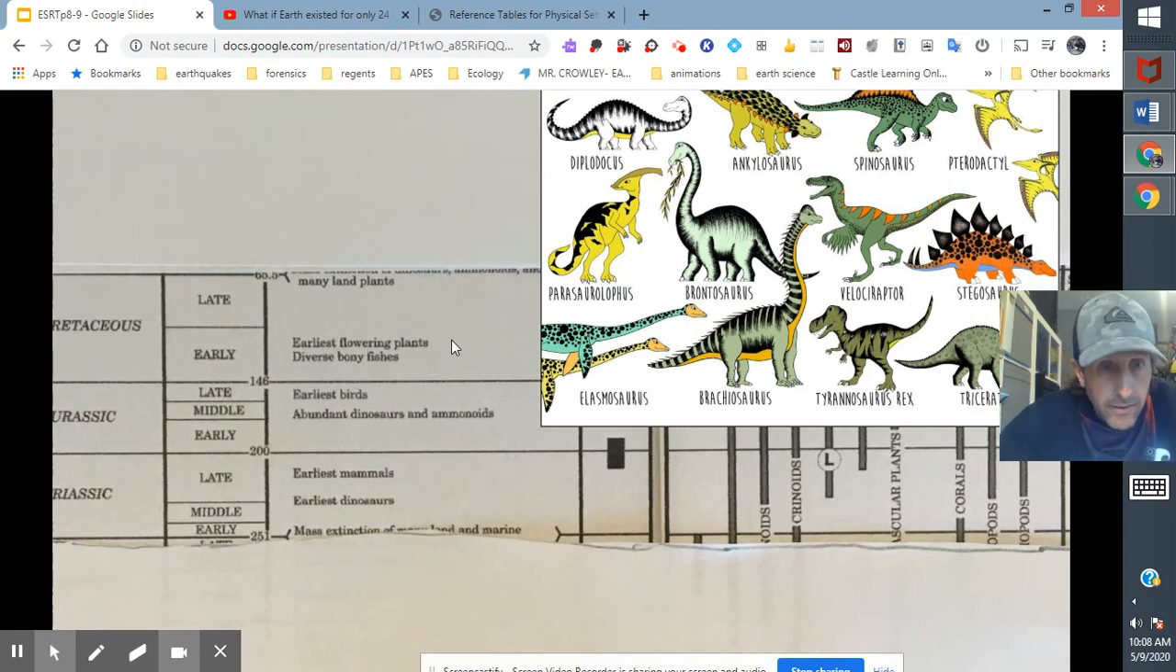Earliest flowering plants, okay? Diverse bony fish, okay? And then sure enough, and I kind of cut it off here, but another mass extinction. And this is the one where we think, right? Major impact that basically sends tons of dust and ash up into the atmosphere, blocking out sunlight, changing the